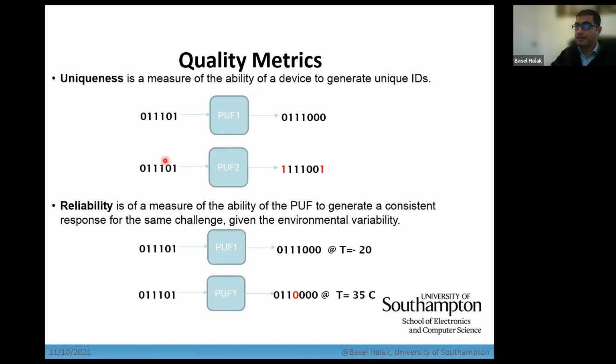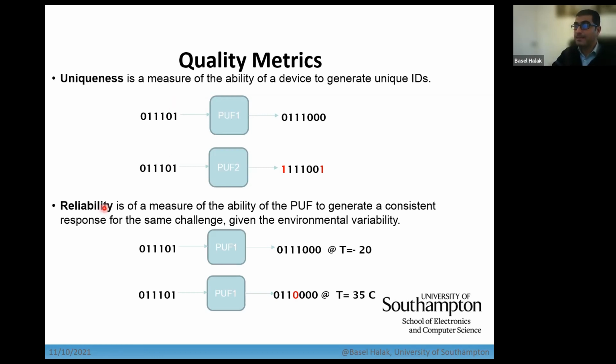Now, the ideal uniqueness is around 50%. What does that mean? If you fabricate 10,000 chips, and you measure the response of the PUF of each of these chips for the same challenge, and then measure the Hamming distance between each pair and average the result, this should be around 50%. So if you pick two PUFs randomly, the similarity between their responses for the same challenge is no more than 50%, which makes it harder to predict the output of one PUF if you manage to know the output of the other